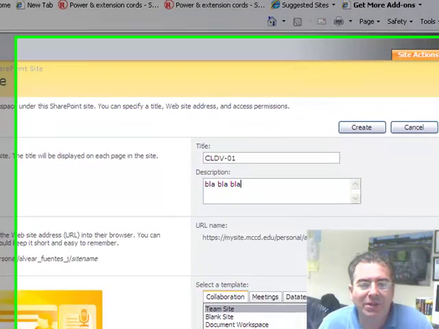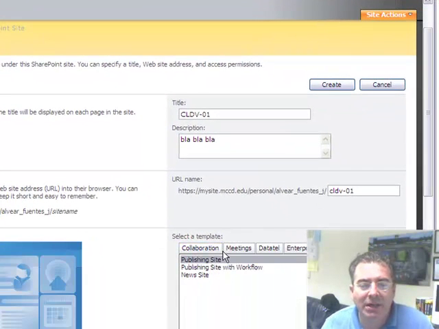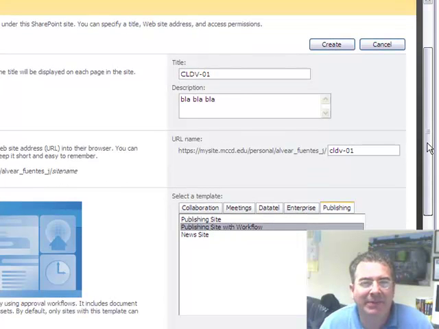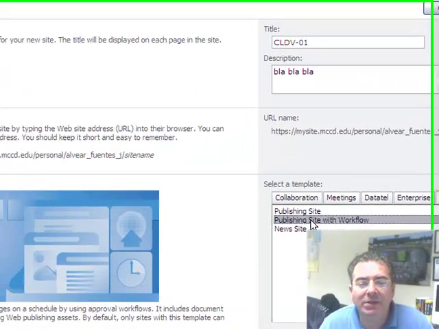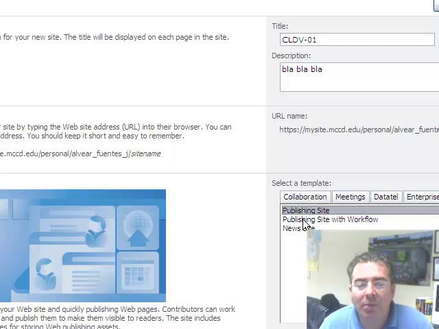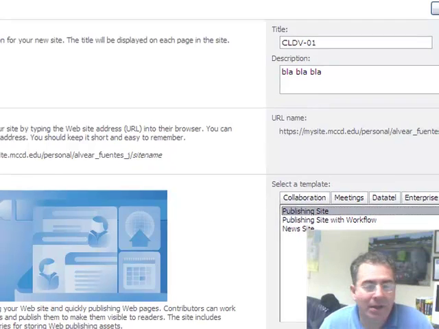And where it says select a template, I'm going to choose a publishing template. In this case, because I'm very familiar with the way the system works and I want to simplify things, I'm going to choose the one that says publishing site without the workflow. Okay,